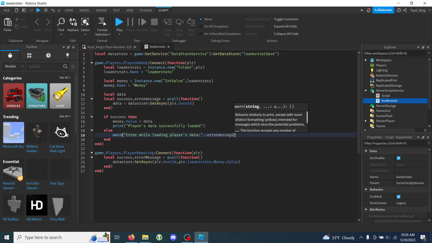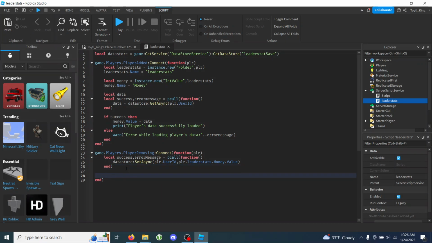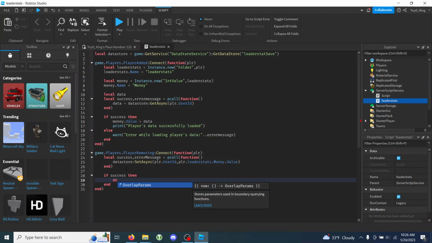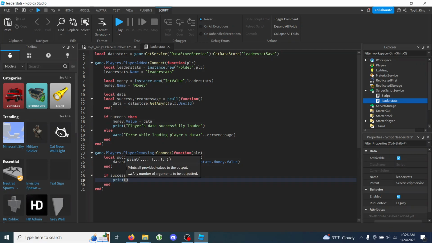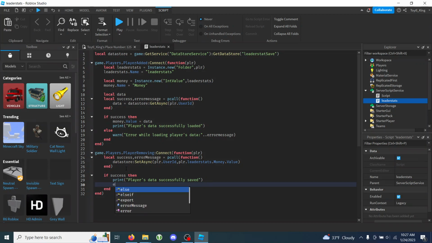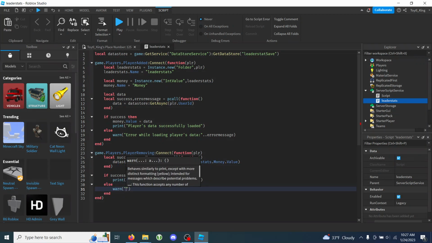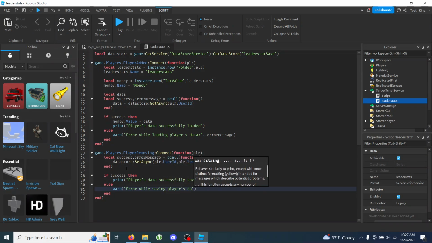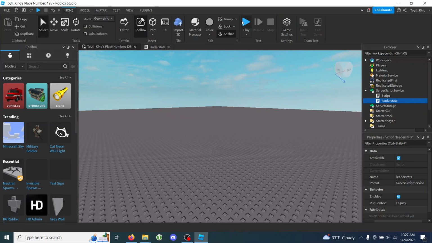And then we're gonna want to do a similar thing down here. If success, then we don't have to give anything a value. We're just gonna say players data successfully saved. Else warn error while saving players data error message. Nice. Alright, so now if we join our game,